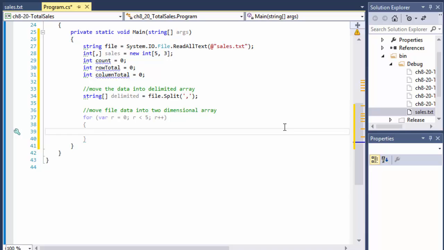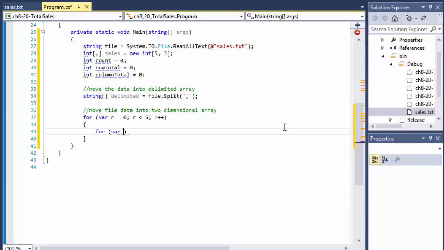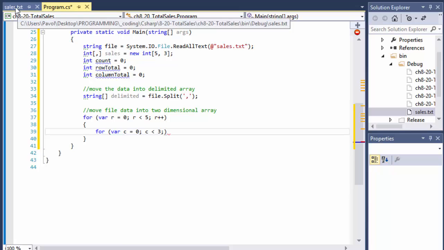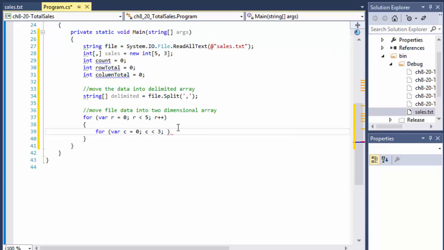And inside the array will be another for loop, since this is a 5 by 3 array. So this one will be with c equals 0, and c is less than 3, because it's a 5 by 3 array. This is the array we are trying to populate with the numbers from the file. So we basically want to have these numbers just as they are. This will be index 0, 0, index 0, 1, to index 1, 0, this one, and so forth. So we'll do C++, I forgot, and